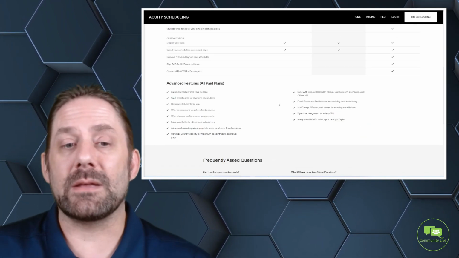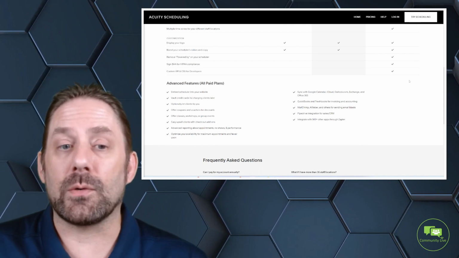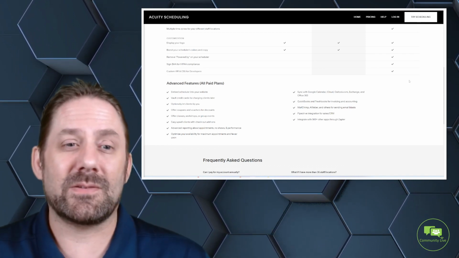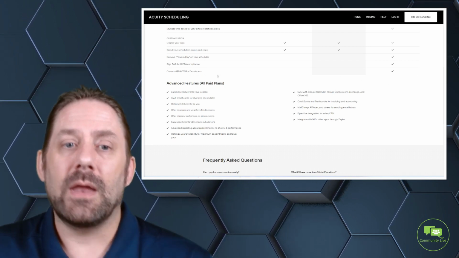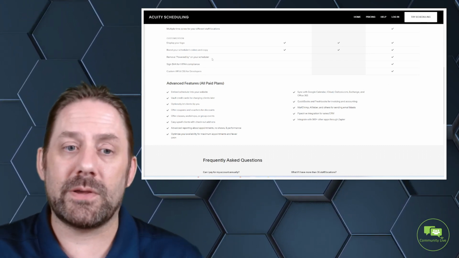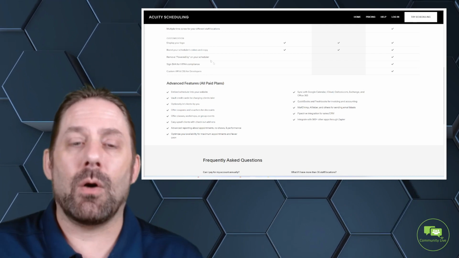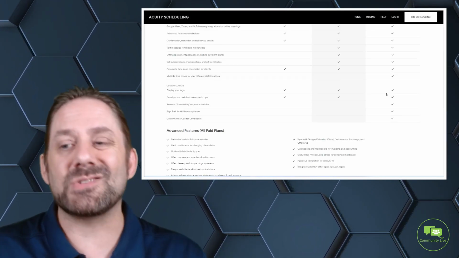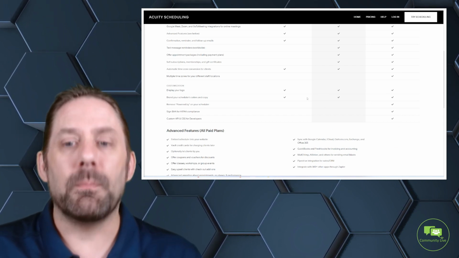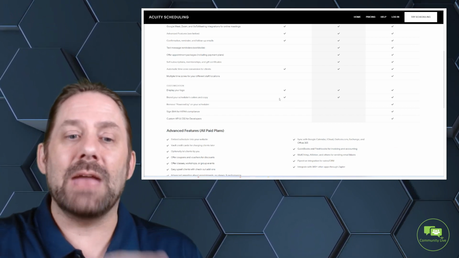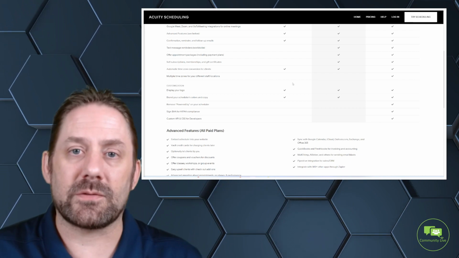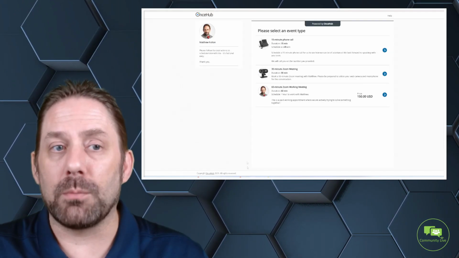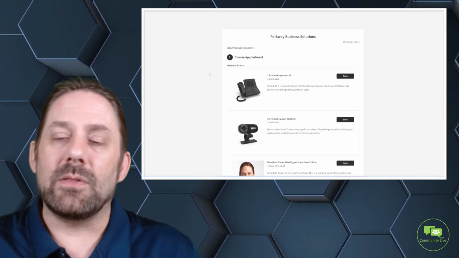Acuity also, at the higher levels, can become HIPAA compliant, where the other ones I did not see that same functionality. Now the branding wise for Acuity, the powered by only goes away now at the highest level, at this powerhouse level. That's changed, it didn't used to be that way. But you can still put your logos on, and you can do your own coloring, everything else that you would like there. Since we're talking about Acuity, let's go back and show you again what